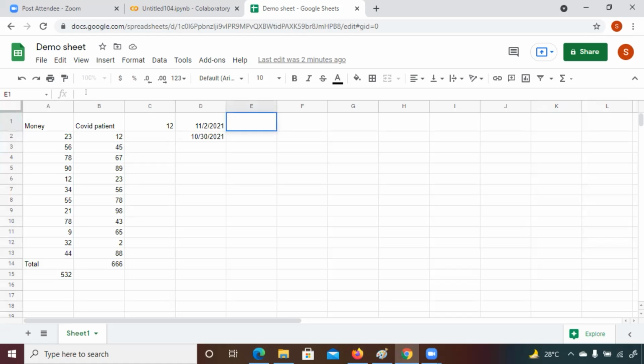Now here, equal to TEXT function. You can see here, it is going to suggest it as well. Now what will the column be here? A2 to A13, right? So I will write A2:A13.